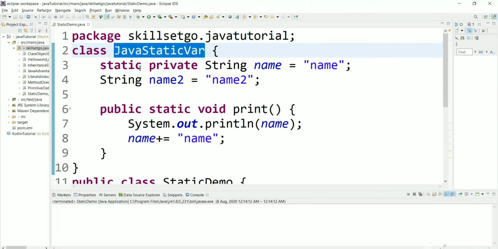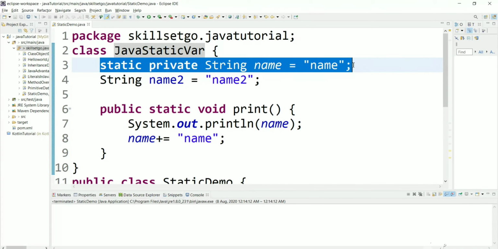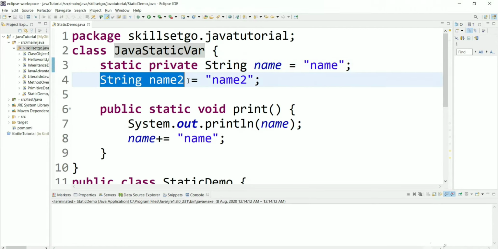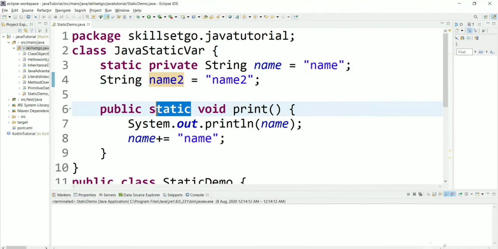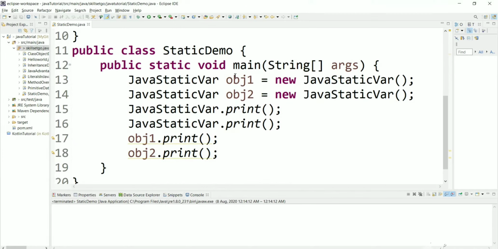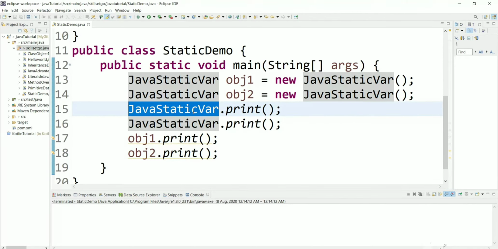Here you can see we have a static variable name and a normal variable name too, and we have a static method. In this static method we are using the static variable, printing it, and changing it. Here you can observe we have created two objects, and as print is a static method we can call it directly using the class name without using an object.